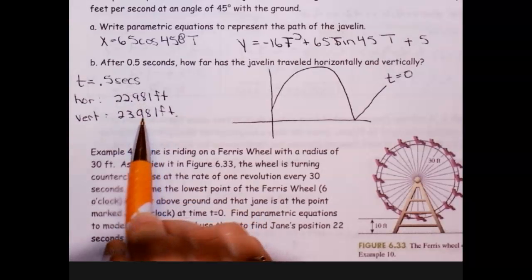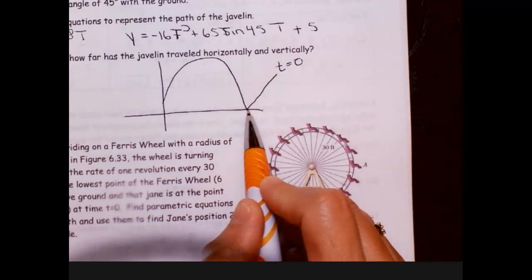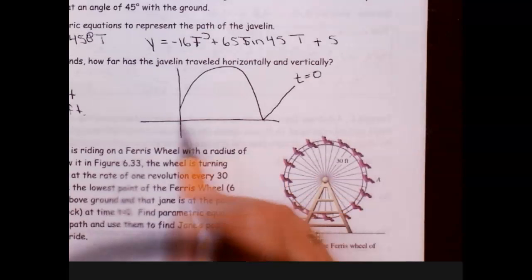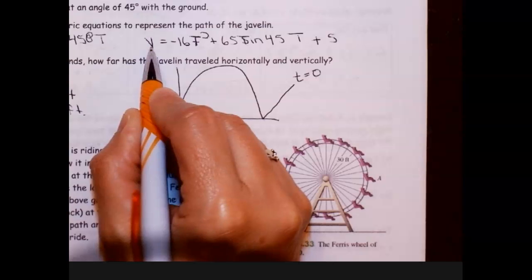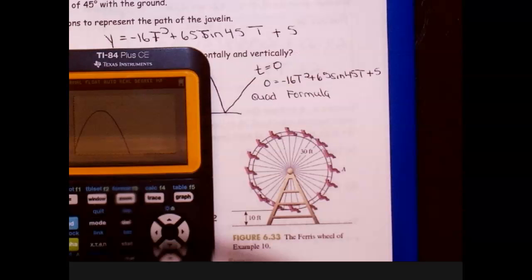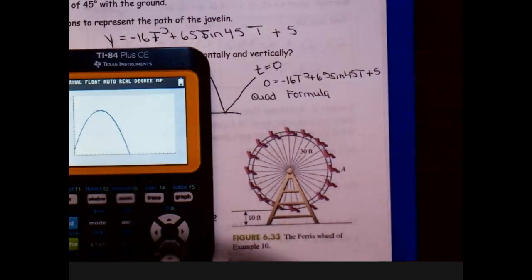I'm going to try and show you maybe two more things with respect to this graph. Let's suppose it wanted to know at what time I am going to actually hit the ground, and what is that vertical distance. That means my y is 0, which I would plug in 0 here for y. So in other words, I actually have a quadratic, so I'm going to go ahead and run that program, my quad, I've got